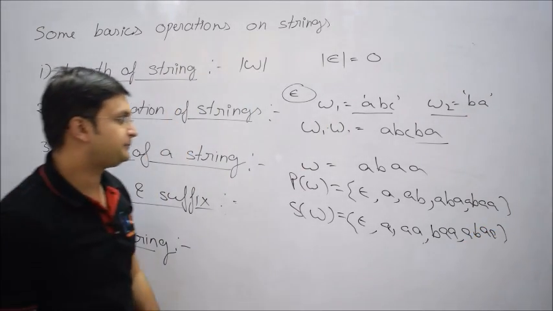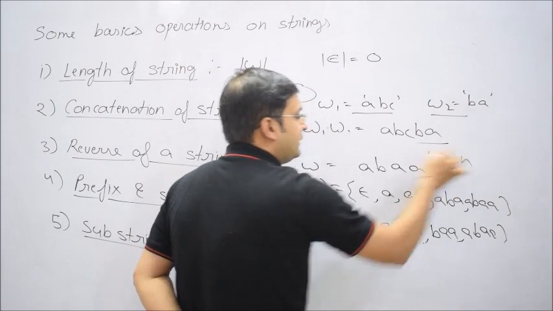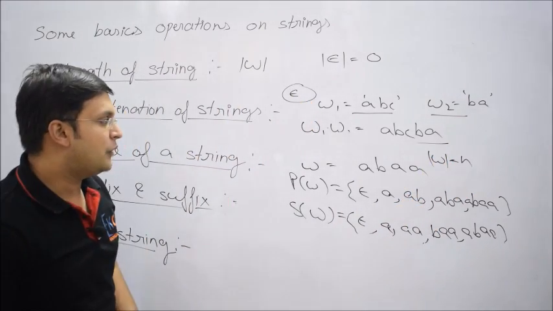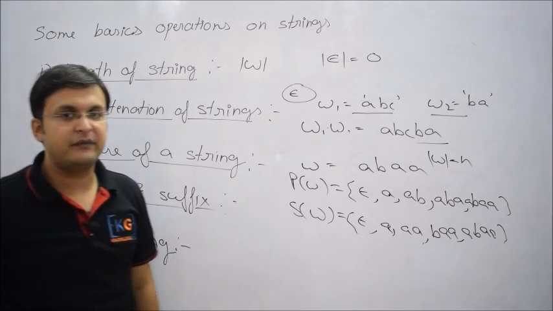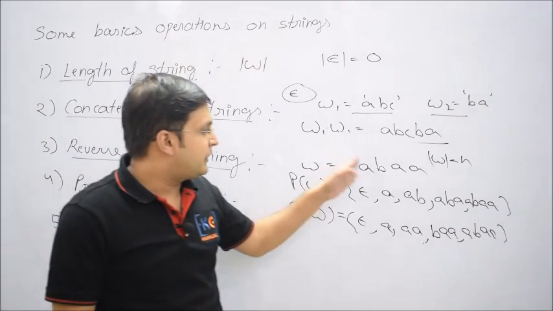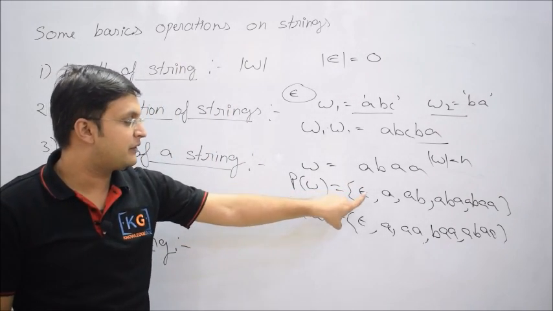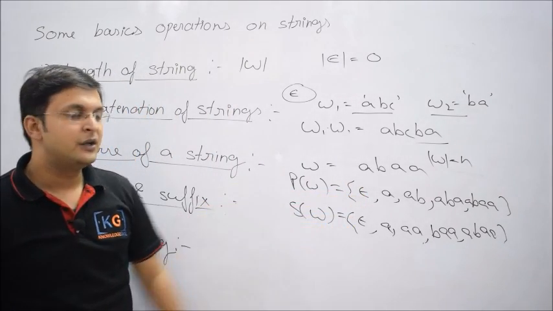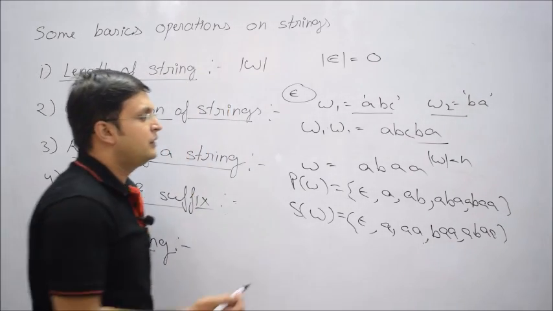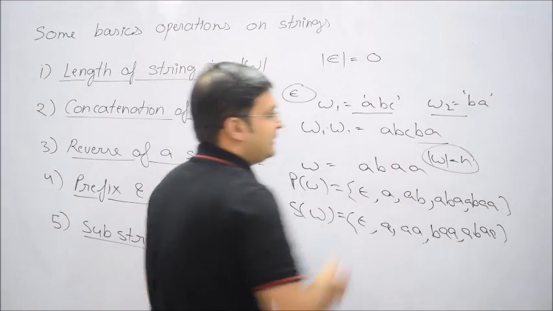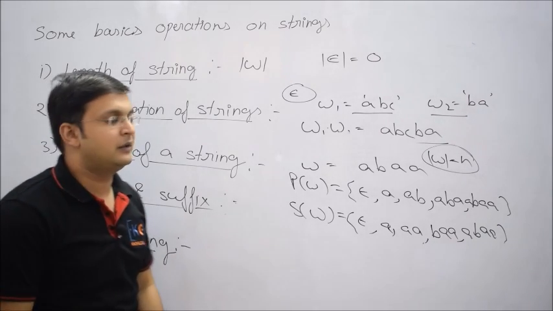So you understand, if there is a string W of length n, can you tell me how many prefixes and suffixes there will be? Of course there will be n plus 1 prefixes or suffixes. Why? Because for every symbol you can have one distinct suffix, and you also consider a prefix or a suffix of length 0. That could be a 1 mark simple question sometimes, so if there's a string of length n, then the number of prefixes and suffixes will be exactly n plus 1. Okay.